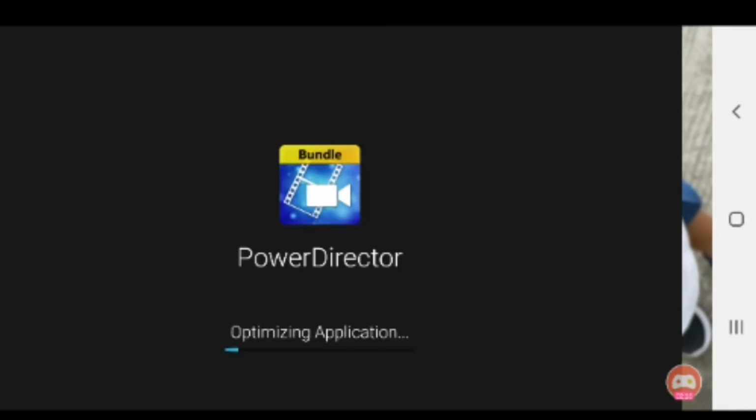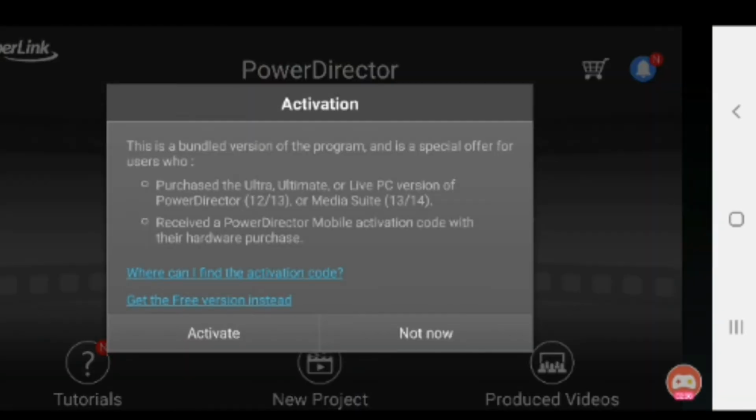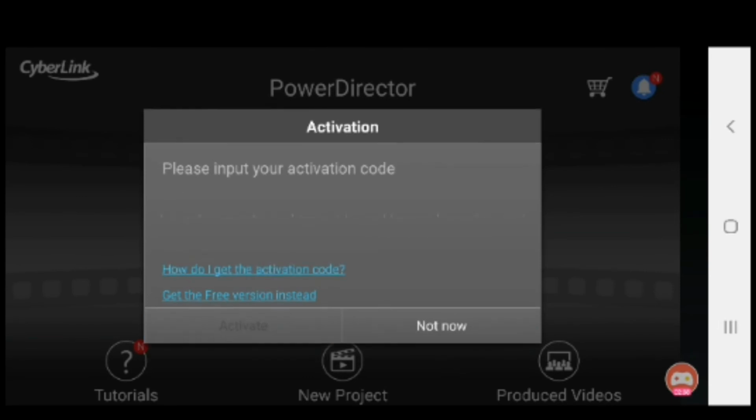Then let's try if it's working. And click allow. Then activate. Now the code must be, I don't think you can see it,